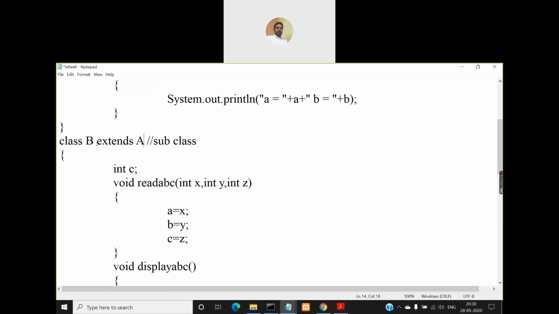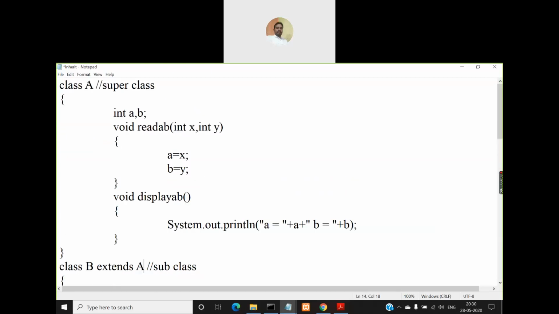But whenever I use this keyword here, the relationship is established between class B and class A. B is the subclass, or the child class in general terminology, and A is the superclass, or parent class. But Java doesn't use that general terminology of parent and child class. Instead, it uses superclass and subclass terminology.